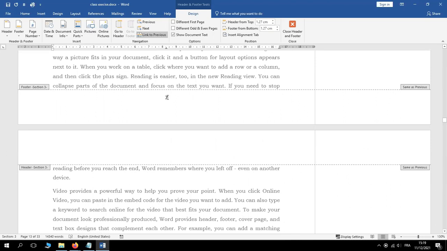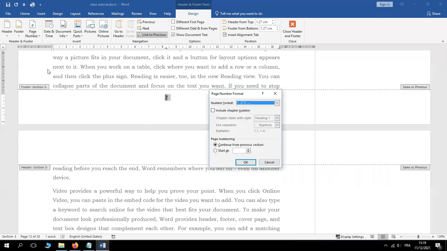So we are selecting once again. After selecting, we go to page number once again and select format. After selecting format, I think it's already selected, the 1, 2, 3 format. In case it's not selected, click the arrow and pick it,